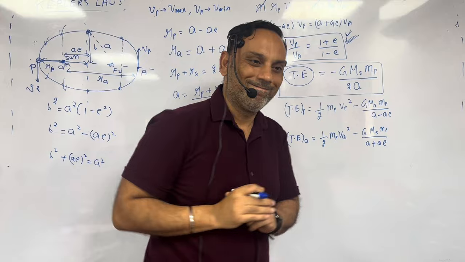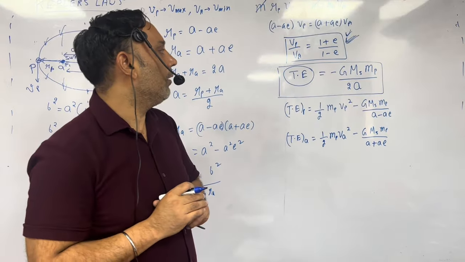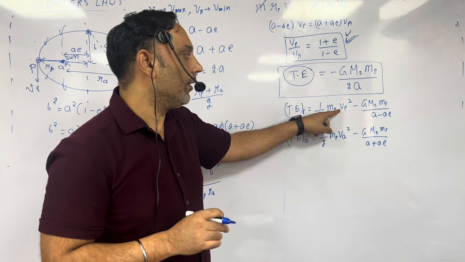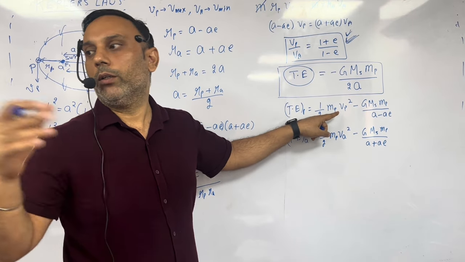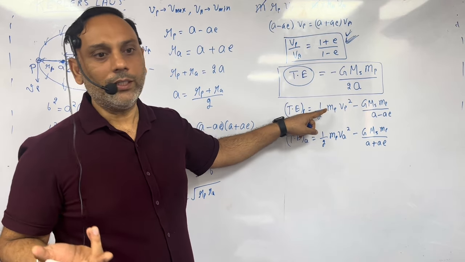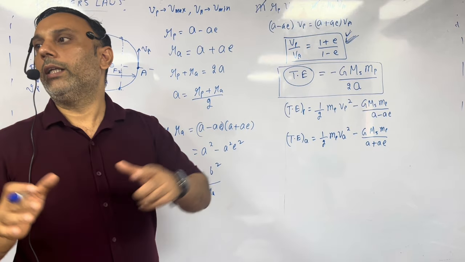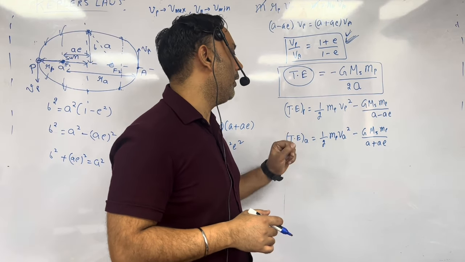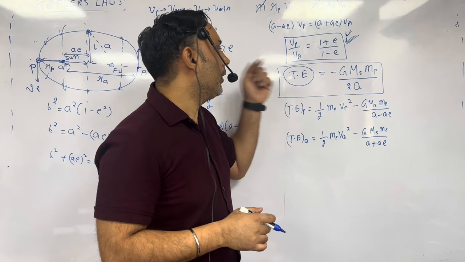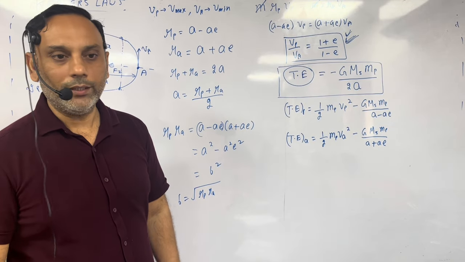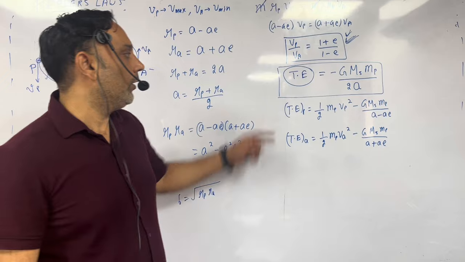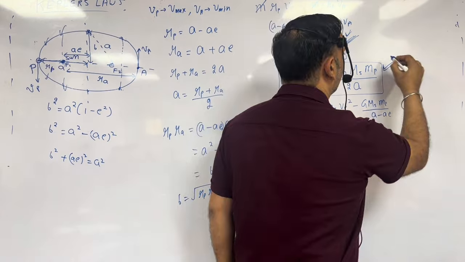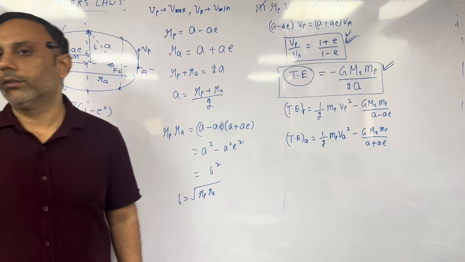Then if you substitute VA back here, you will get the total energy. Or you can put the value of VA in terms of Vp here, and then also you will get it. You can do it in either way, and by substituting the value of VA or Vp back, you will get the total energy. Okay? So in the night time you can do this calculation. So total energy you are going to get this, which is very important information.